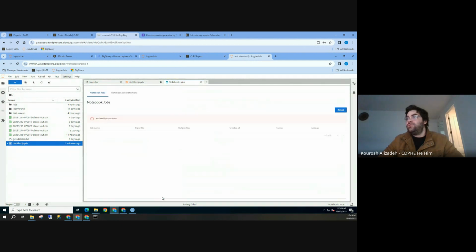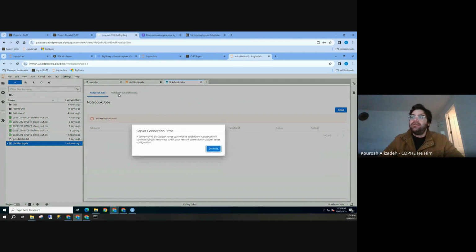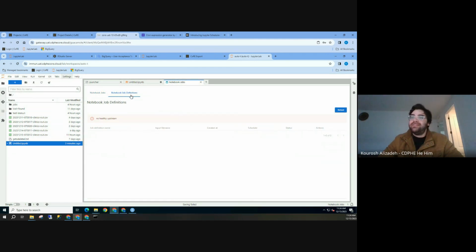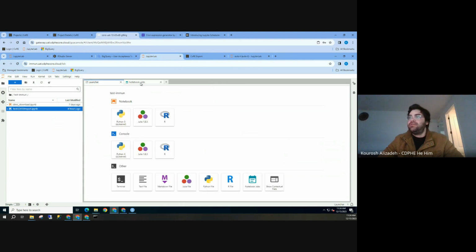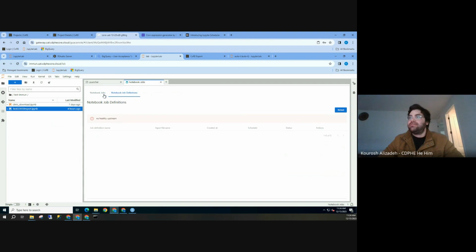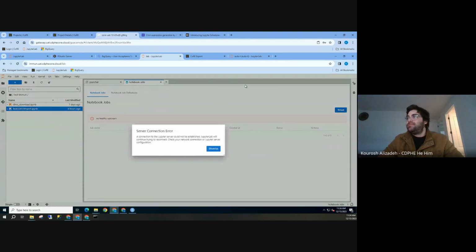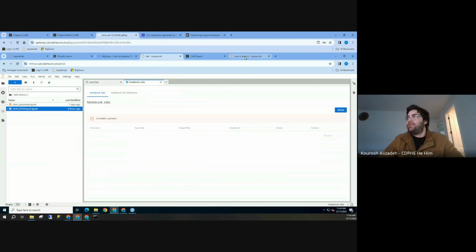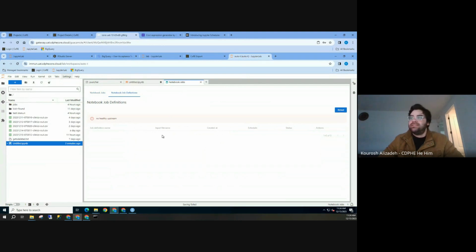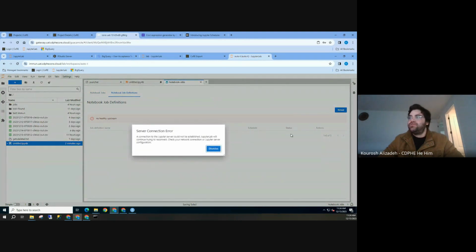Once you're here, I guess because of this server connection thing, which I'm not sure always happens when you're doing a demo, you will see a list of your jobs that you have scheduled. So there's two tabs here. One is job definitions, thank you, Nicole, which will tell you all the jobs that you have scheduled for your team. You'll see, okay, this task is done. When was it created? When was it scheduled for?